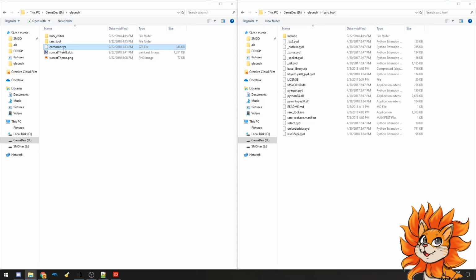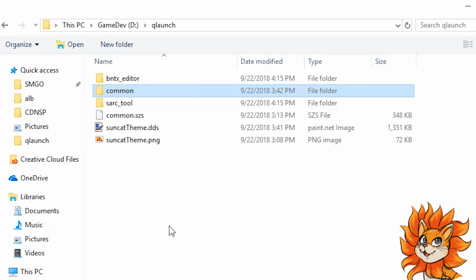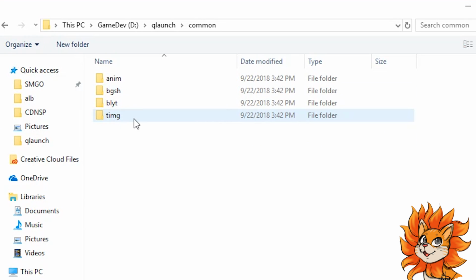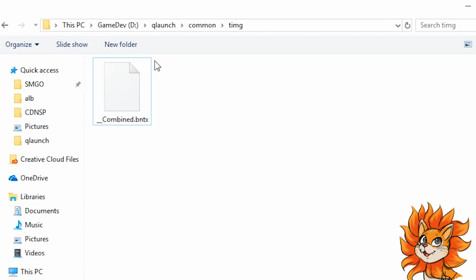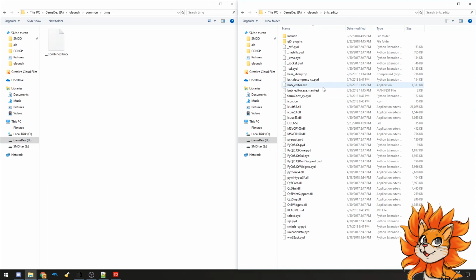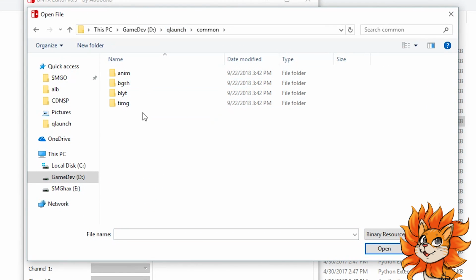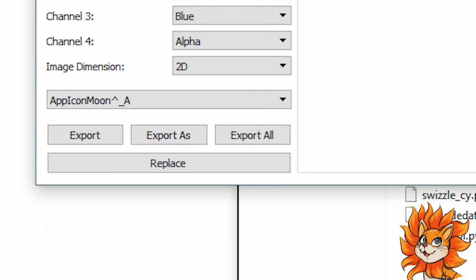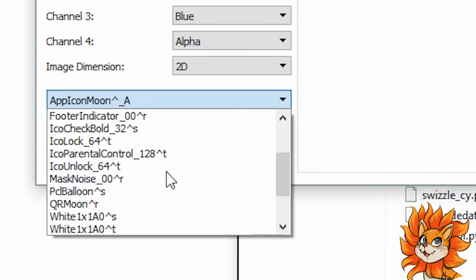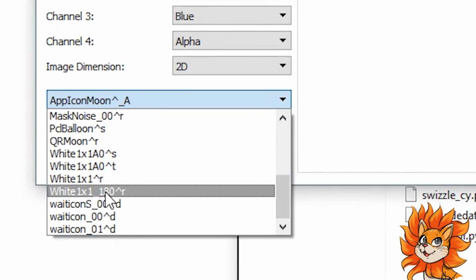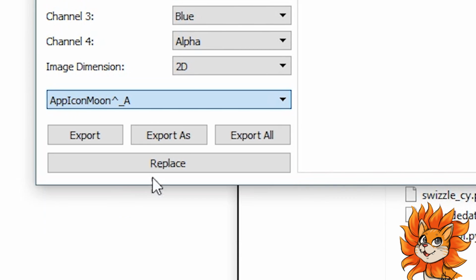Open SARC Tool, which will be linked in the description, and then just drag your common.szs file over to sarctool.exe. You'll see a common folder appear, hopefully no green bar. And then open that and check inside of timg for a combined.bntx file. If you have that, you have the right SZS file and you extracted it correctly. Now over here, find bntx editor, and then go to open, navigate to the timg file, and then combined.bntx. Now what you want to do right here is find white 1x1 underscore 180 caret r, and then you're going to hit replace,